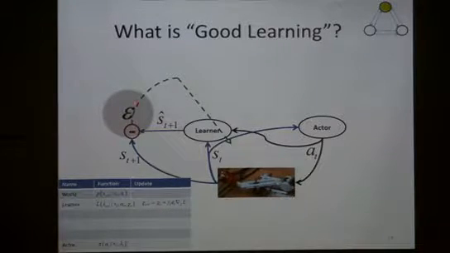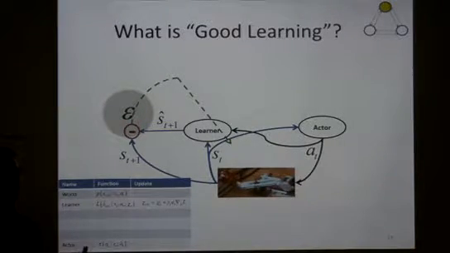If the prediction error is large, then I learned a lot. This is the mathematical instantiation of learning from your mistakes. Because if you make a mistake, you get the correct answer. Here it's supervised learning, you get the correct answer, you have a prediction error, and you change what you know about the world by a large amount. If you know neural networks, the change in the weights is proportional to the error. So if you have a large error, you have a large change, you learned a lot. Okay? So what we actually want here is a large prediction error. You want to go to places that you don't know, that you can't predict well.